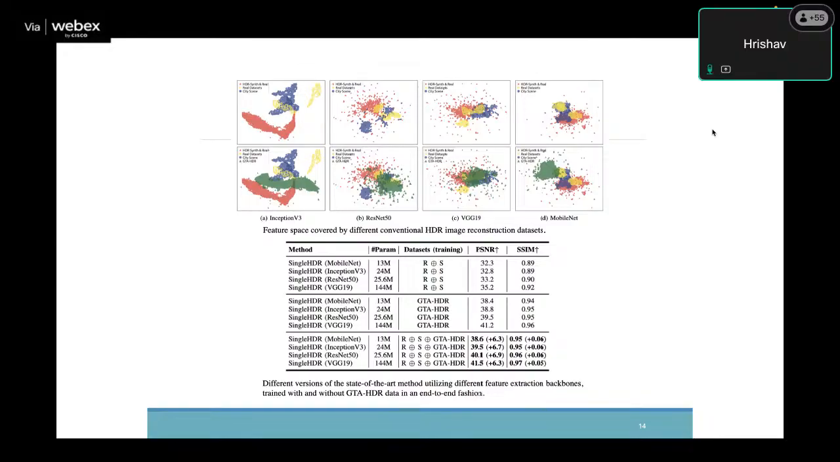So here is a two-dimensional projection of features extracted from our dataset and other datasets. We have selected three different datasets: HDR synthetic and real in red color, a group of real datasets in yellow color, and another large dataset, CT-SIM, in blue color. You can see the distribution of features across these datasets in the upper row, and in the lower row